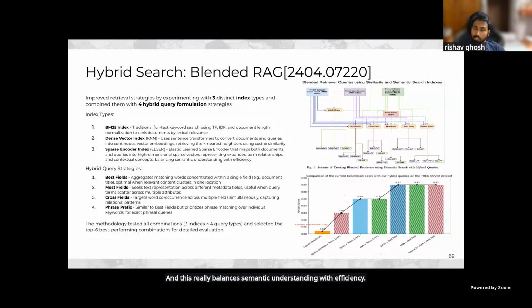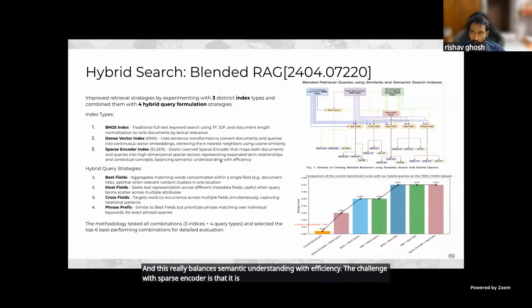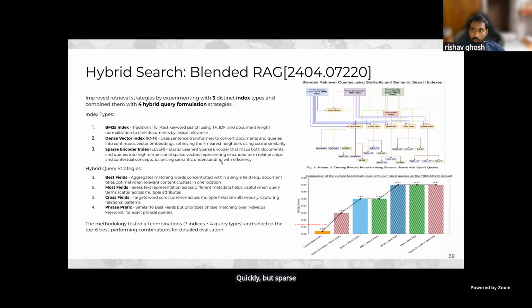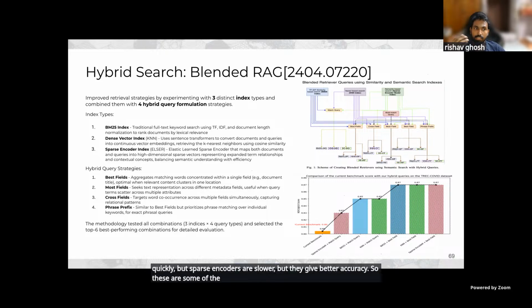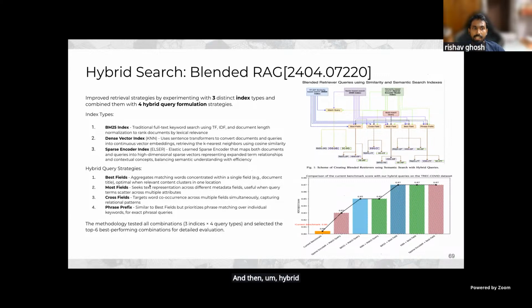The challenge with sparse encoder is that it is slower than dense vector. Like KNNs, you can create very quickly, but sparse encoders are slower, but they give better accuracy. So these are some of the decisions that we need to come up with. And then hybrid query strategies is essentially what kind of documents it's trying to search for.